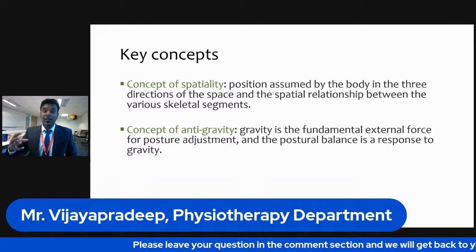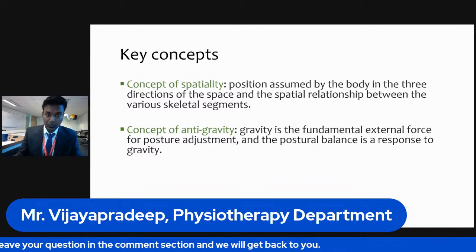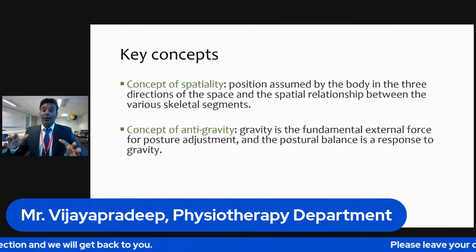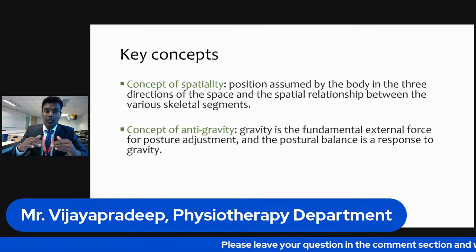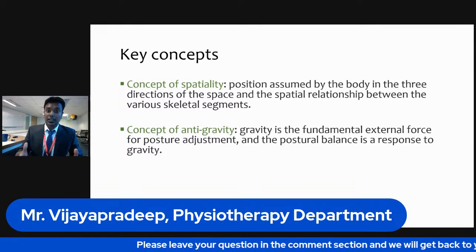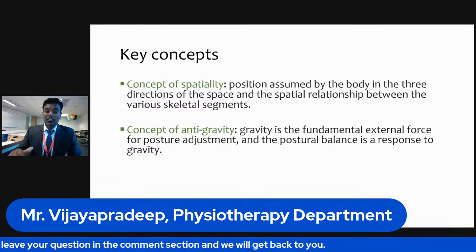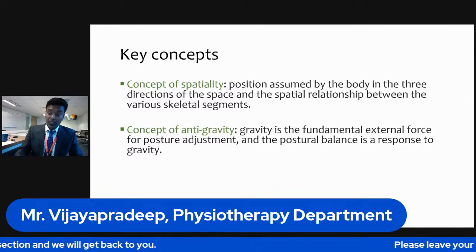Your body will be getting some force from the ground, which is called the ground reaction force, and it is very necessary to make your body stable. We may not be able to stand stably on water, air, or any other medium. Even over mud, we may not be able to stand stable. So stability is very important, and that is the reason why gravity plays a major role in maintaining